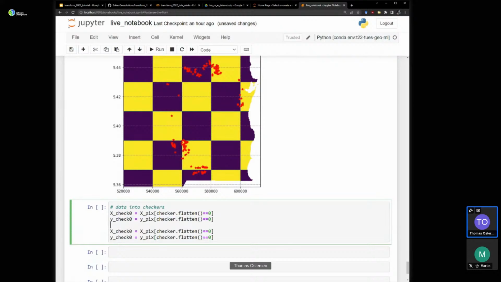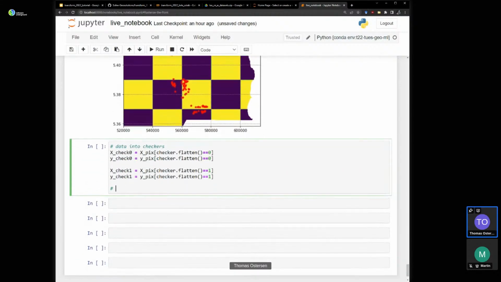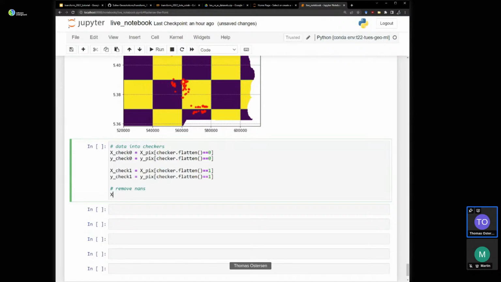I'm using my mouse for coding. How embarrassing. Okay. Let's remove the nulls, the nans. X check 0 equals X check 0, Y check, the inverse NP is nan, Y check 0.